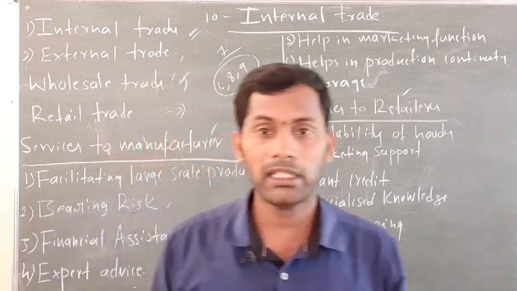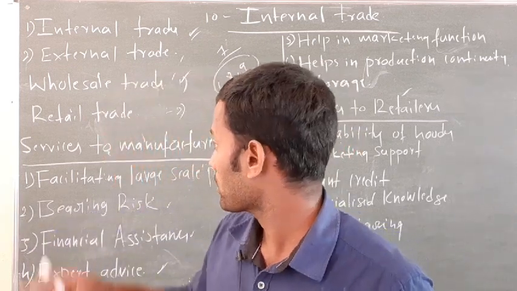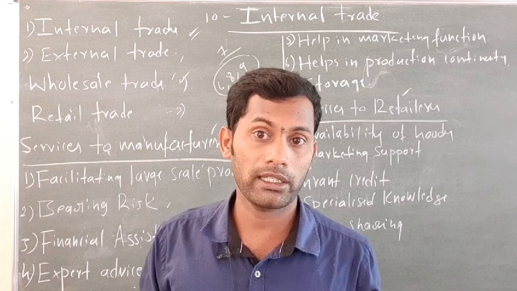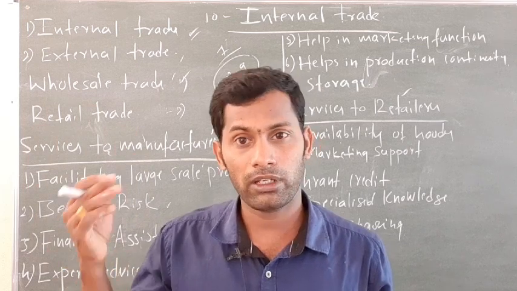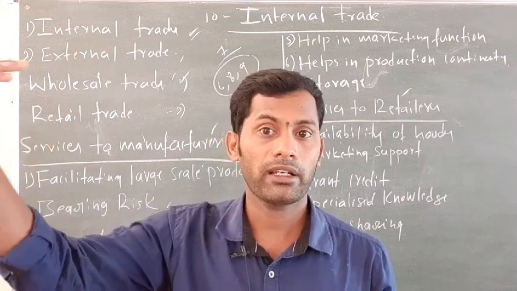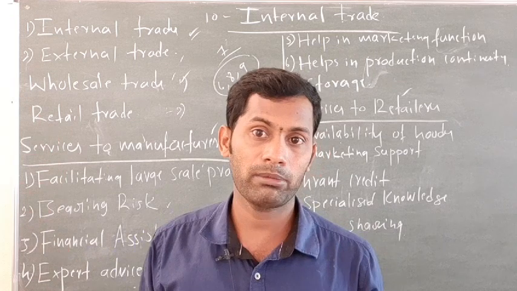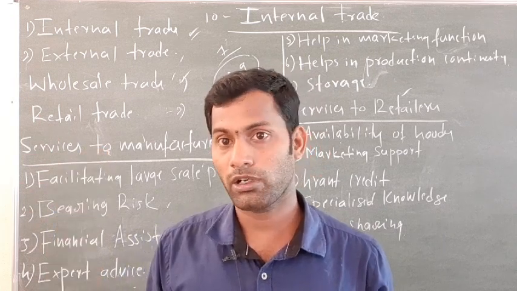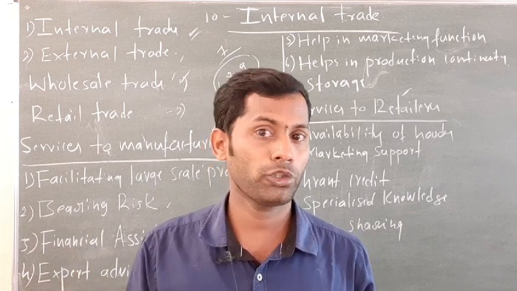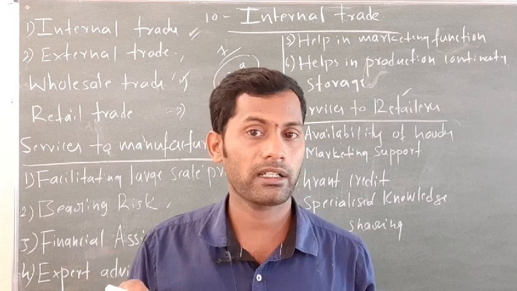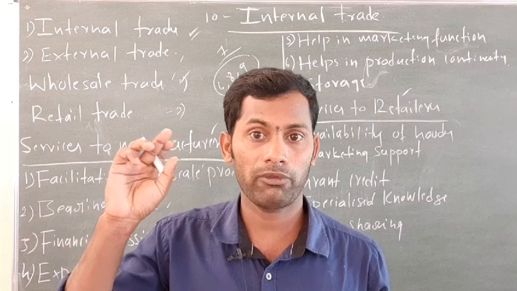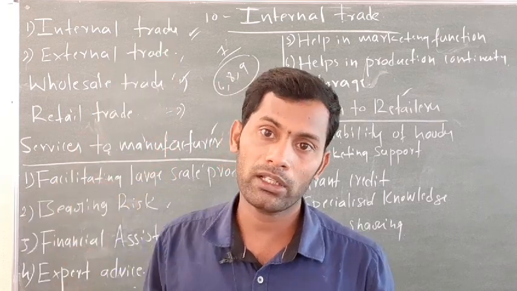The main thing you should know is that both the wholesalers and retailers come under the distribution channel, they are the middlemen. Nowadays we have a shorter distribution channel directly from the manufacturer to the consumer by using e-commerce or some app. We have Amazon, Flipkart or Snapdeal, and now you have JioMart, which is from the Reliance company. In that case, we have a very short distribution channel, directly from the manufacturer to the consumer.